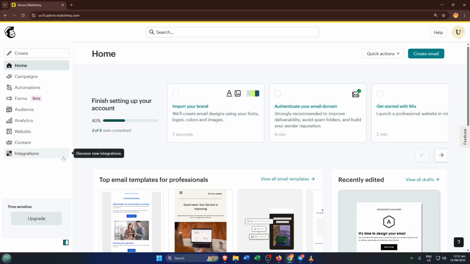First up, you'll want to head over to your Mailchimp account. If you don't already have one open, just pop over to Mailchimp.com and log in with your usual credentials. This is where all the magic happens for email marketing, so think of it as your command center for communicating